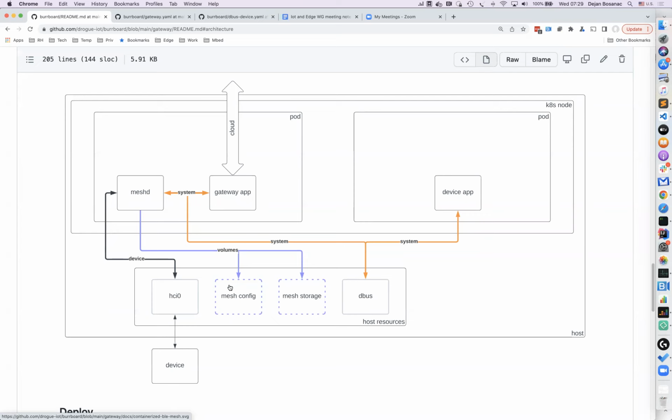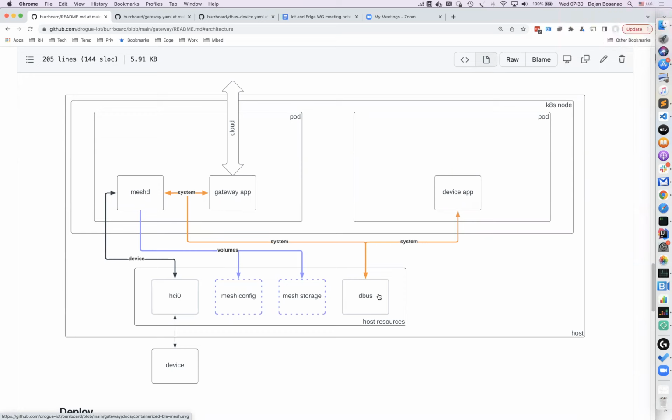Those would be like volume stateful mounts in Docker. Yeah, in Docker, but talking just from the pure Linux box perspective, these are the three things you would need. You would need access to the device, you would need a couple of folders for storing the configuration and the state, and you need access to dbus to be able to communicate with the rest of the system.